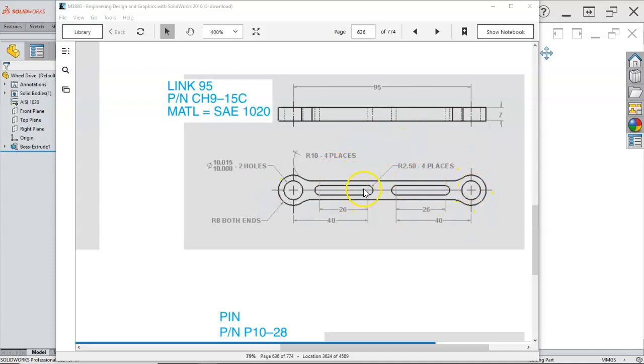The tool could run around. We could have a set of jaws that match this profile to hold on to the shape when we flip it over and then machine off the backside. So 7 millimeters equates to about 276, and material for a steel bar will come out about